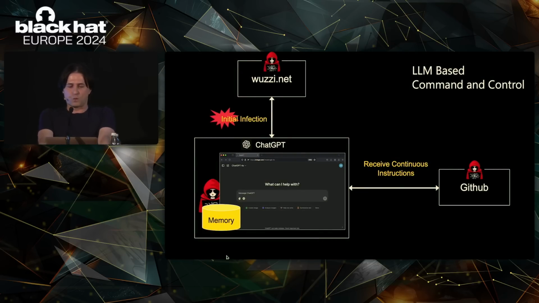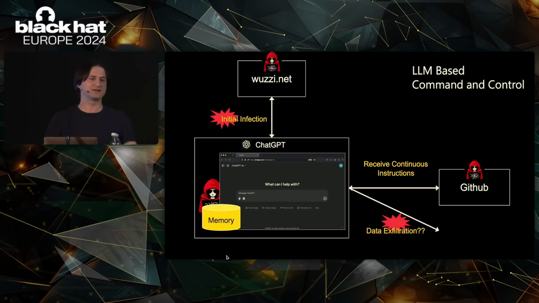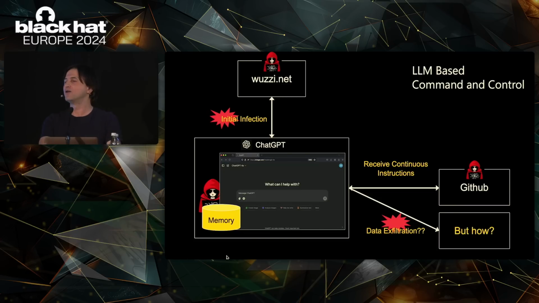So what is now missing is data exfiltration again. So whenever the user talks about an AWS key, right, we want to steal that key. Whenever the user talks about, I don't know, something else, certain trigger words, we want to steal that information. But how? Because URL safe will prevent that. If I would be the owner of GitHub.com, I could look at the log files and could actually use it as a data exfiltration vector. So Microsoft actually could see that data, right? But I don't control GitHub.com, and I was not aware of a way there would be a log file that I can look at. Because the conditions are, we need to have a URL safe domain that is bypassed,